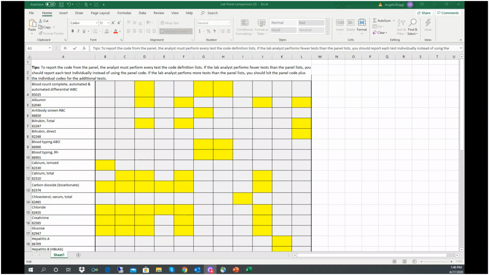Okay, so I have also placed on Blackboard, under the coding tools, the laboratory panels. The laboratory panels here are, you can see at the top of each one of the panels,